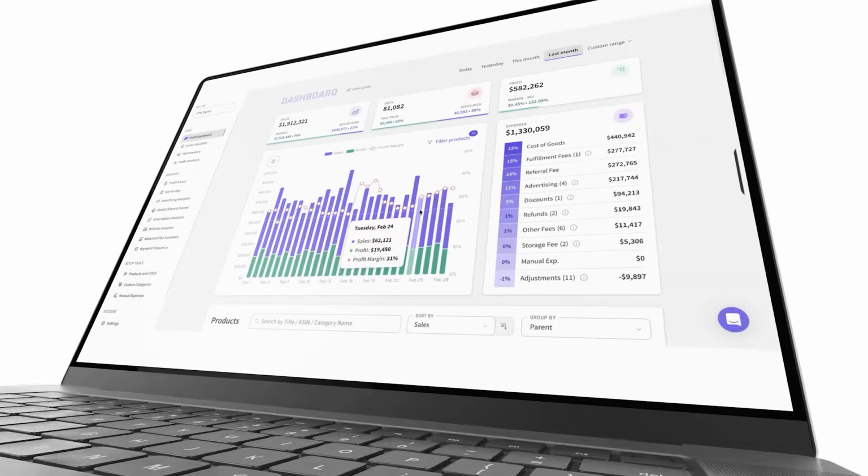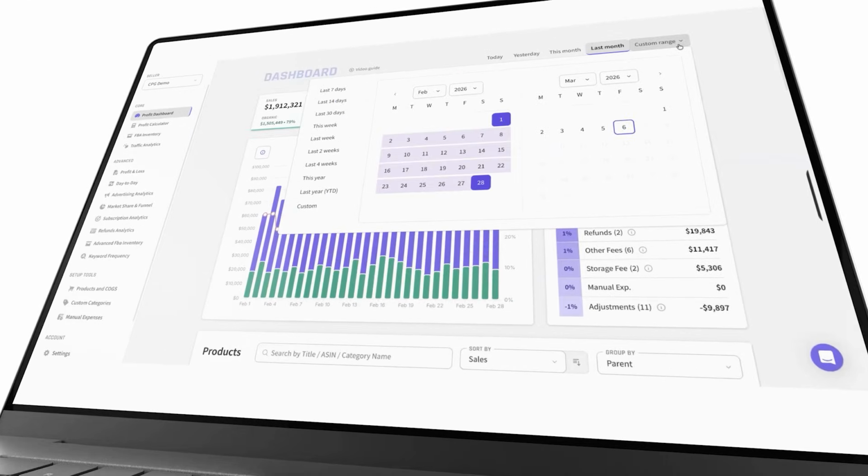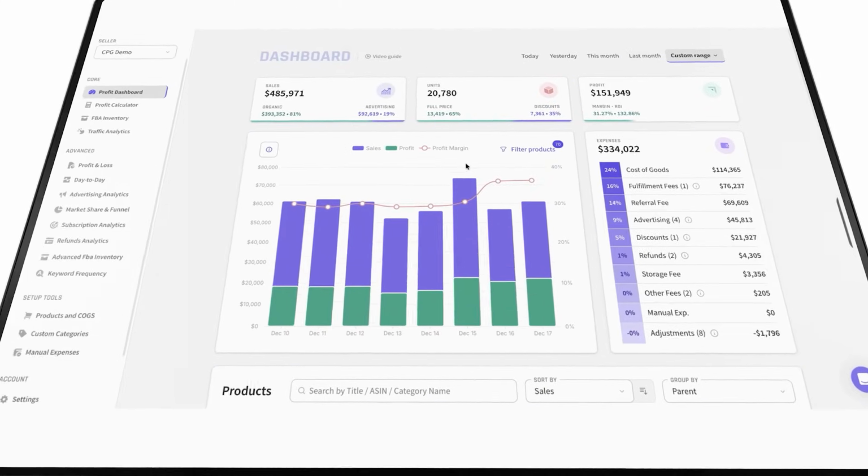Either coupon, PPC spend, or pricing, whatever, and that will help you to perform a test. So you can actually get all of this data for your account fully for free, because we do offer a free trial. If you would like to start testing utilizing new to brand data and cohort data, just go to myrealprofit.com, click start free trial, select your brand type as CPG, and you will get access to those tools within a couple of days,